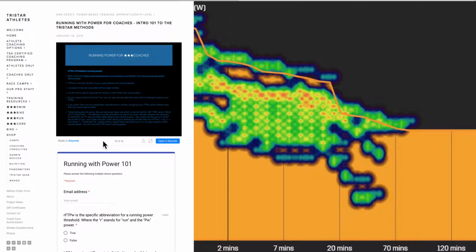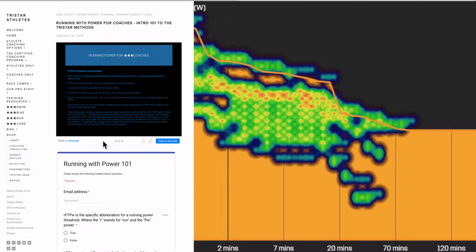You have to be a little skilled in that to see the changes in power. But for instance, if somebody says this was a perceived effort of a 4 and they're running at 95% of their RFTPW, then they're going to need an increase in their FTP. So I mentioned this before, if you switch manufacturers, you have to remember that your FTP will be inherently different than what you had before, and you need to test.